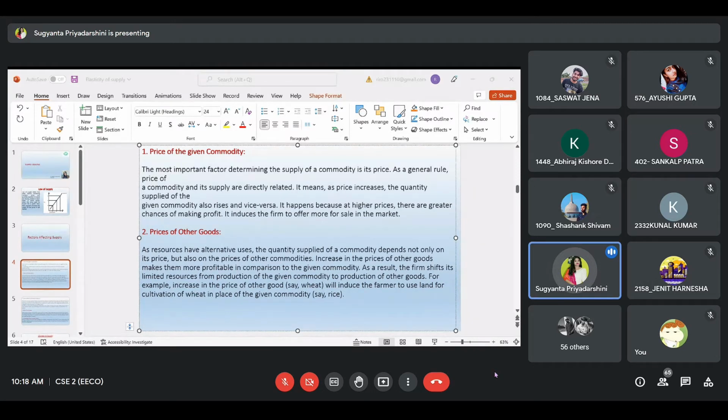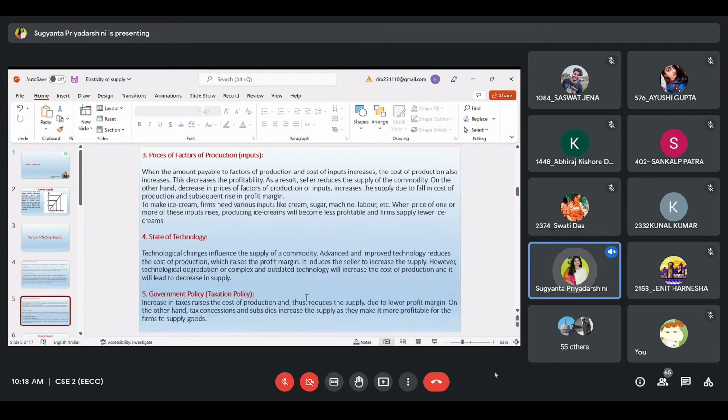Is this clear to everyone, or is anyone in the class still confused about this? Yes or no, so that we'll proceed now. Yes, ma'am. Clear. Understood, right? Okay. Look, guys, even if you're confused, even if there is a silly doubt, still you ask me, because you never know that silly thing may be carrying much weightage in the other half of the slides. Okay. So rolling down to the next one, that's price of factors of production, state of technology,